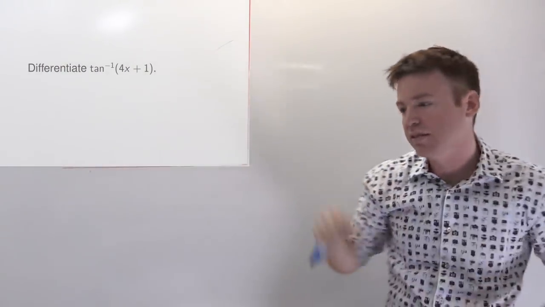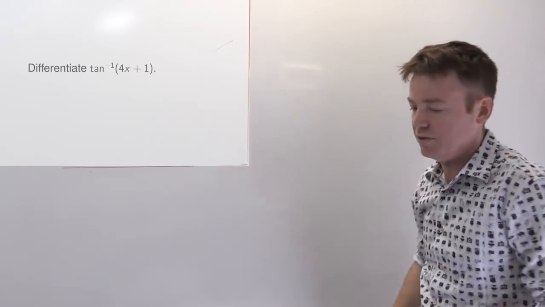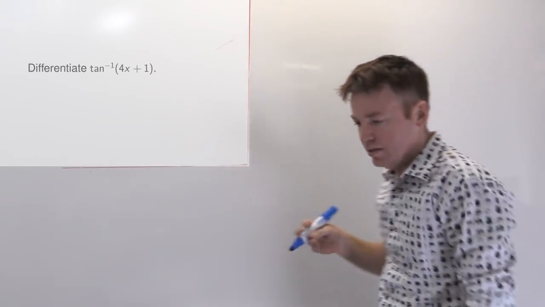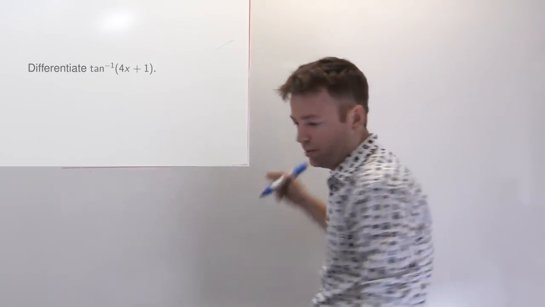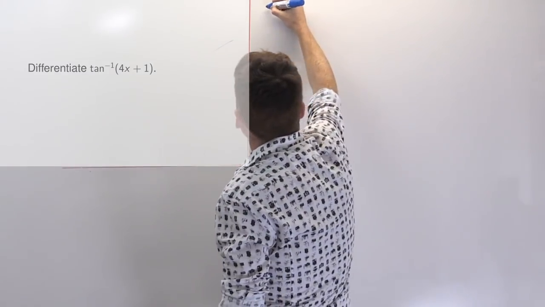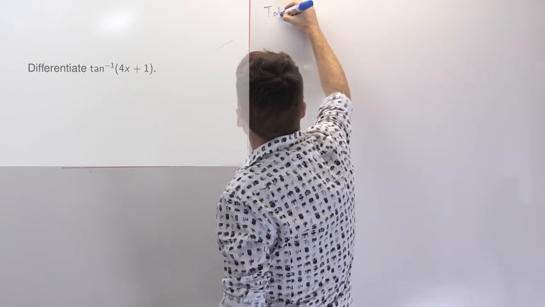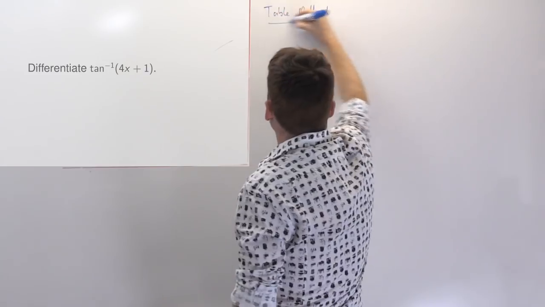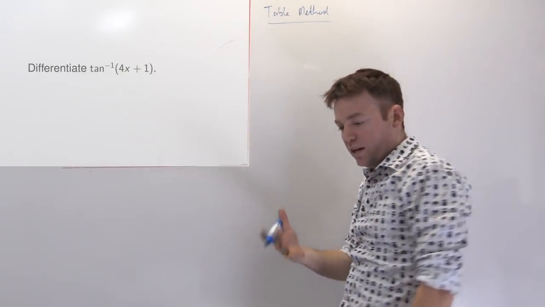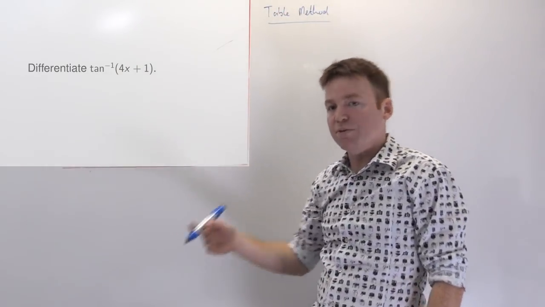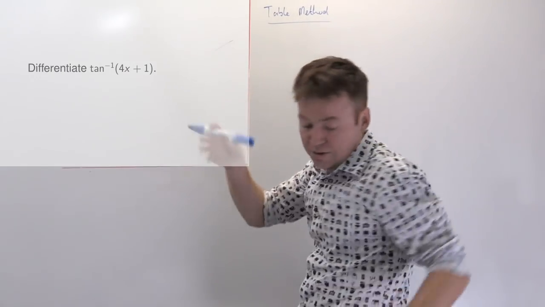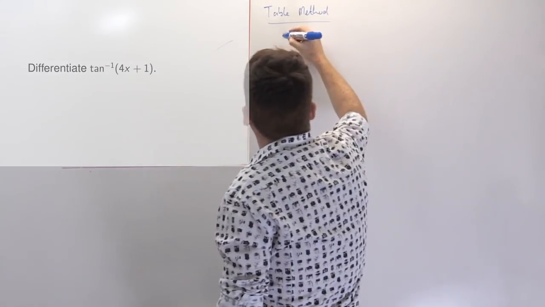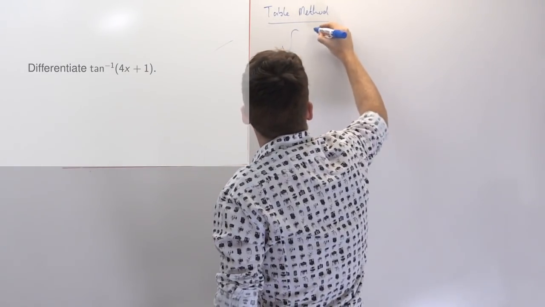Okay, so I'll show you 2 methods on how to differentiate this function. The first method is one that's perhaps the most familiar to you. We'll call this one the table method. This is perhaps the one that would be most familiar to you, because you might remember from your standard table of integrals, or even if you're doing a final exam and you have a table of standard integrals in front of you, the integral 1 on